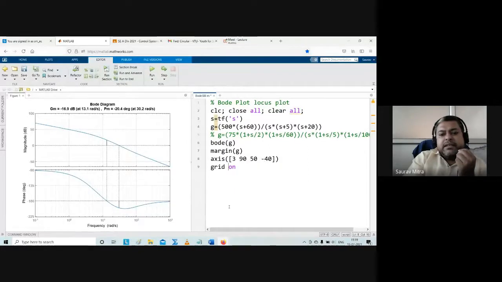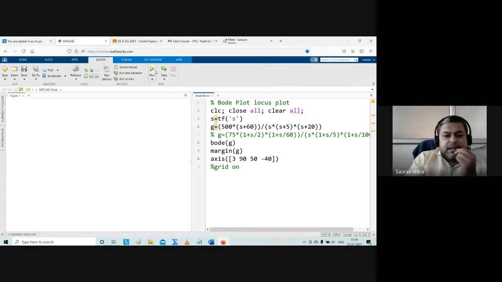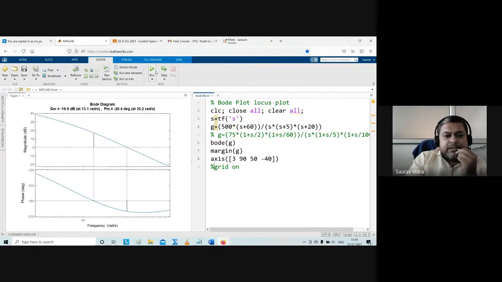And there is another thing, grid on. So this is a function grid on. Because of grid on, you are able to see the background, all the frequencies. So all the frequencies you are able to see because of grid on, and it is showing all the backgrounds. So I have defined a range here, a range of frequencies and range of magnitudes. Let us see whether we are able to see all the breaks or not.